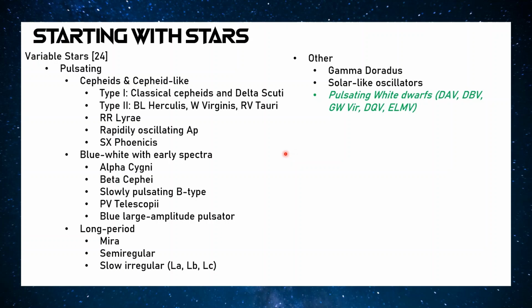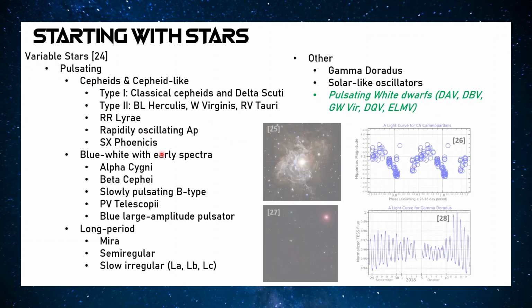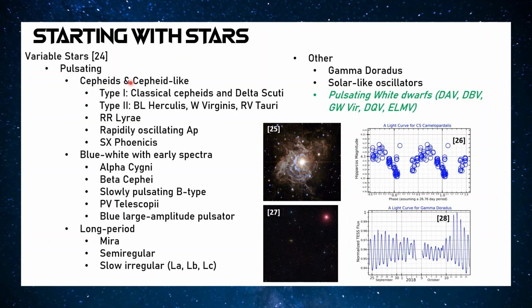So we'll start with pulsating ones. The most important ones here are Cepheid or Cepheid-like variables. They pulsate rapidly with a very well-defined period and amplitude, so this luminosity and pulsation can be used as a benchmark because they often are found in groups of other stars all at the same distance away. And if you can know that a star is a Cepheid variable,